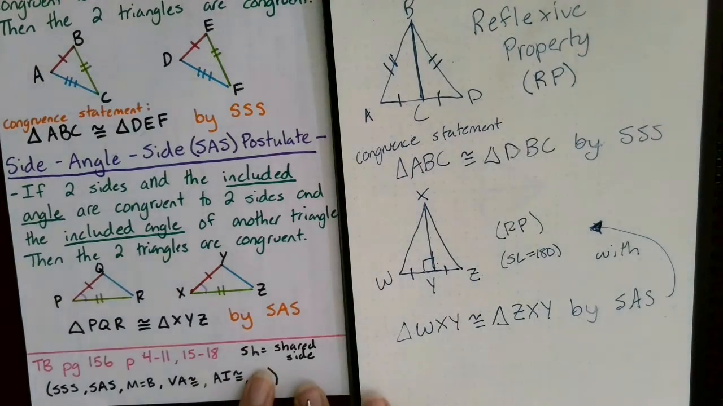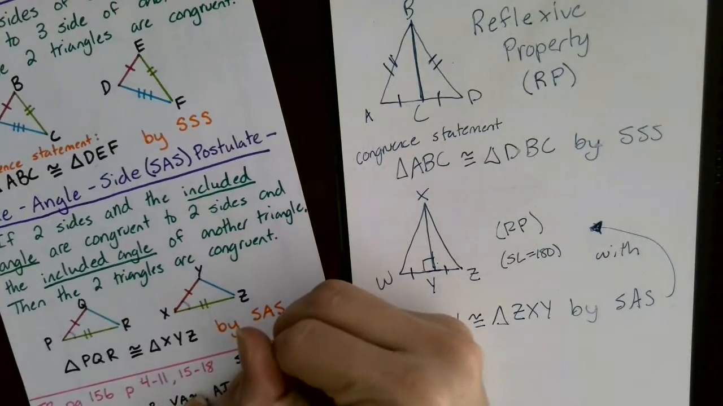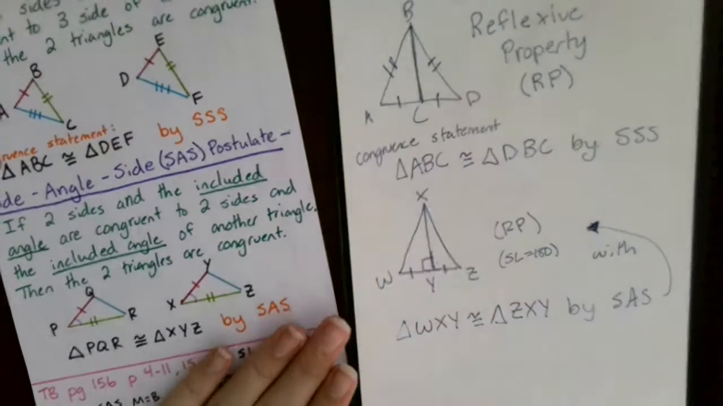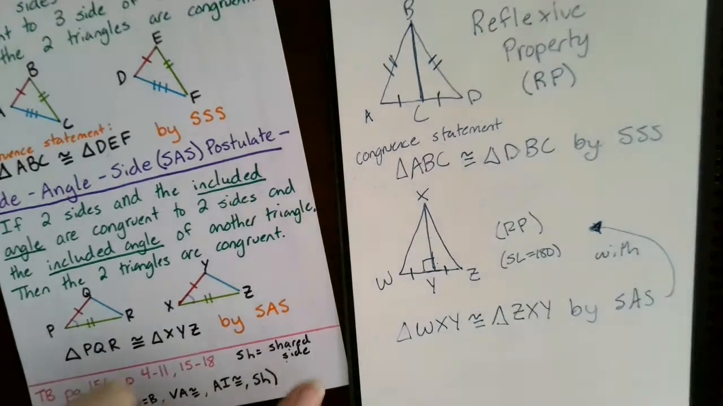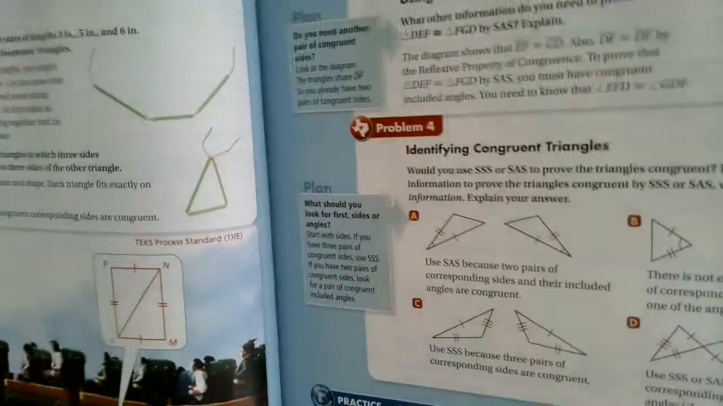I'm going to change shared side to the reflexive property. I'll write that here in a moment. But look for that on the notes. I will update those to say reflexive property. That's the more accurate name for shared side. So keep that in mind. Okay. And then when we get to our problems, it says problems 4 through 11. We can see just on the example